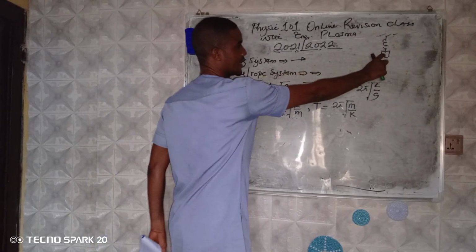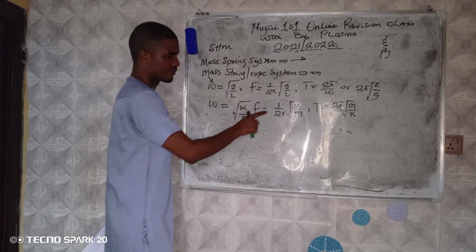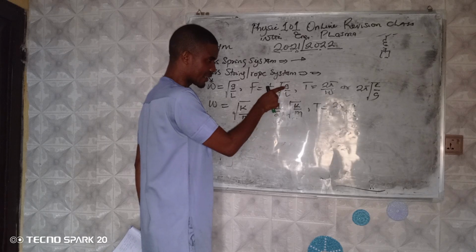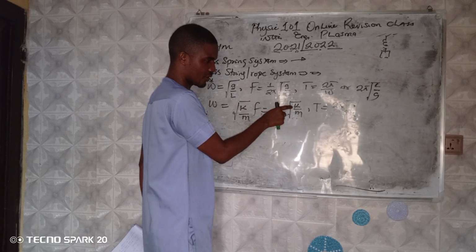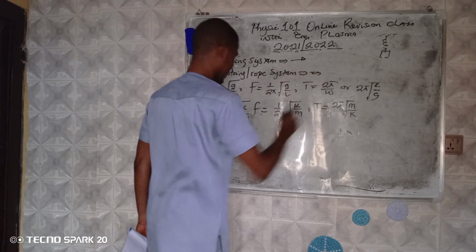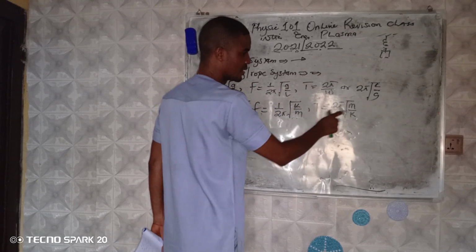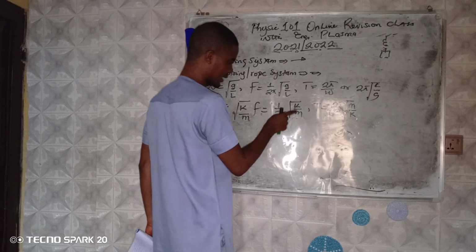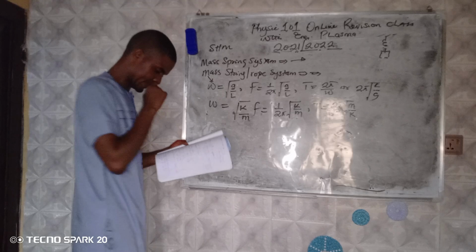So for W we have K, the spring constant, over M, the mass of the body. F is K over M, almost the same thing, but instead of g we have the spring constant. Here we have the gravitational constant, here we have the spring constant. Here we have the length of the rope, while here we have the mass of the solid. Here we still have 2 pi. Instead of L we now have mass. It is also upside down, just the way it is upside down here. Now, having known that,